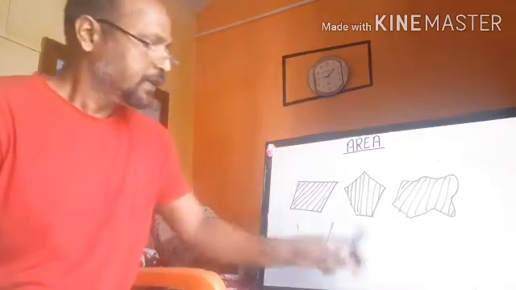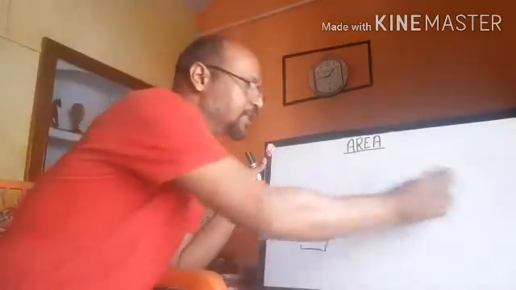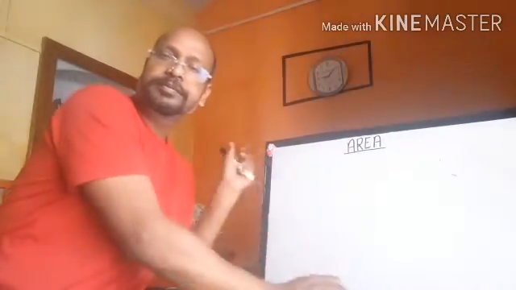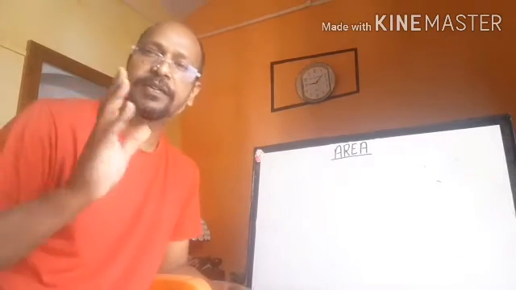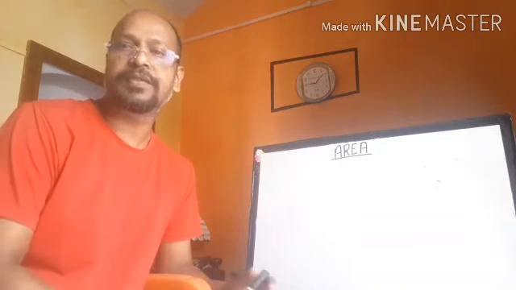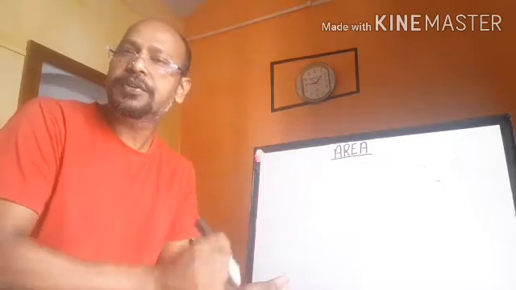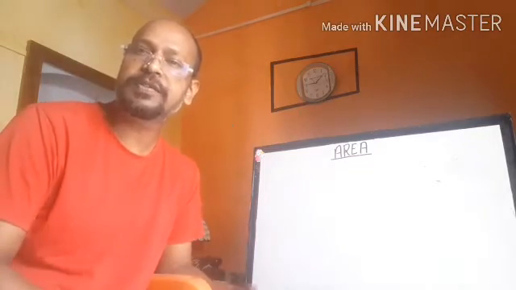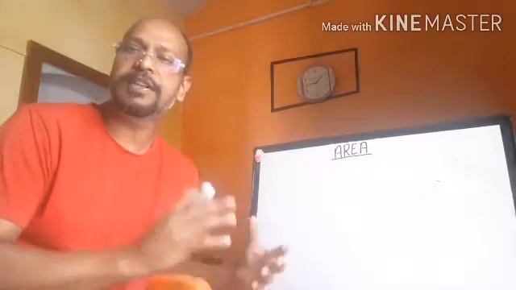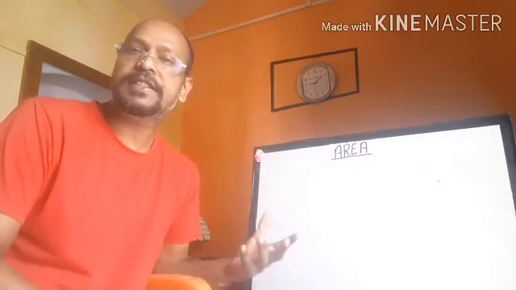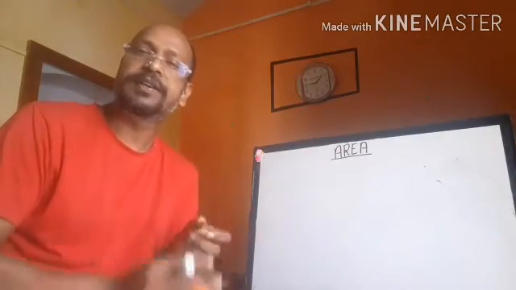Units. The unit of area. Areas are mostly measured in square form. It means we always calculate the area of any closed figure in square form. Square form stands for: we first divide the closed figure into small squares of unit length and then count the number of squares, how many squares there are. That stands for the area of that closed figure.